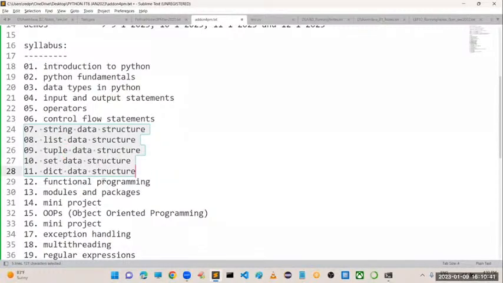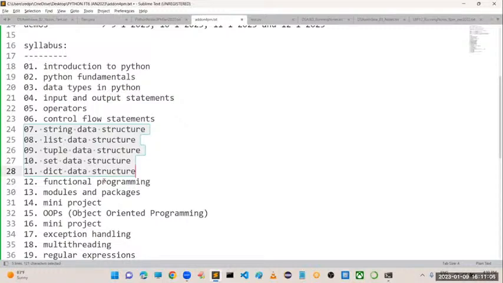And 5 data structures are there. Luckily in Python, our data types also act as data structures. Data structures means inserting the data, retrieving the data, performing some operations like searching and sorting. What are the efficient tools we have? All these things will be available here also.